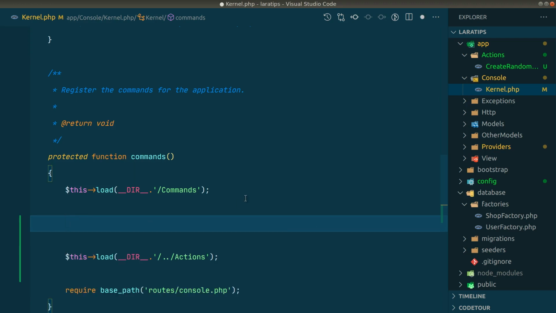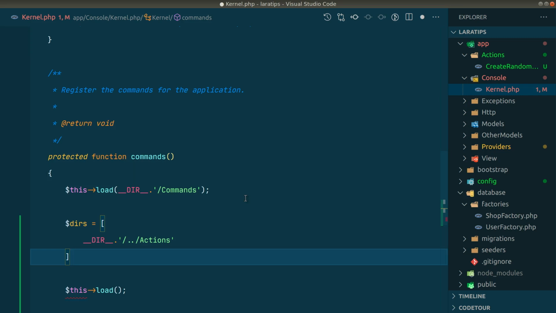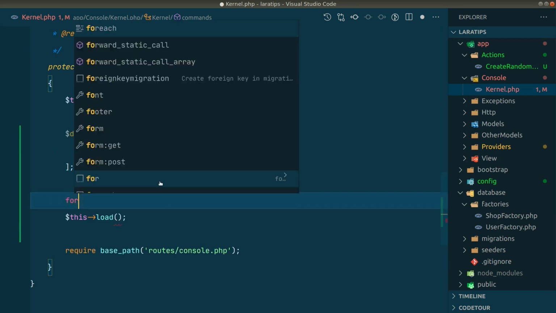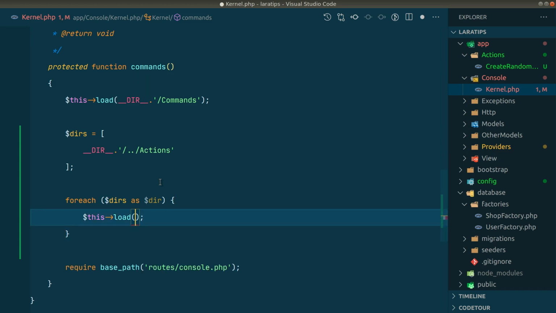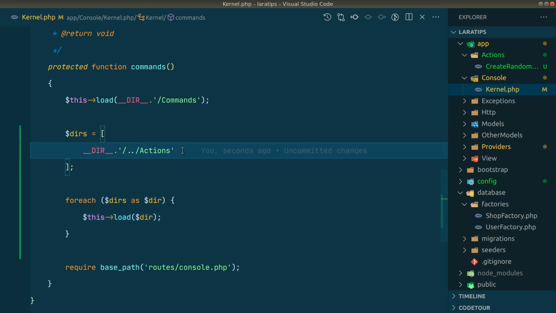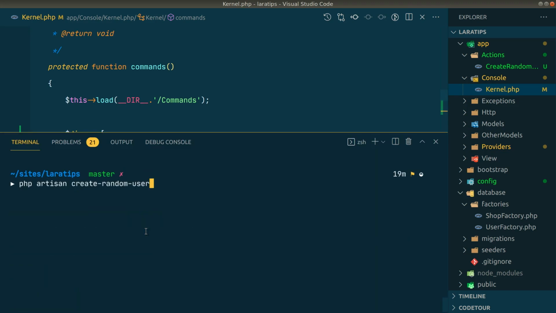Or you can make an array like this, directories, and you can just pass the path like this over here, and you can just say foreach, and this will also work. Now whenever you want to register a new path, then just write it in the array and everything will work perfectly. Now let me again show you that by running this command. Now you can see here guys that command is present over here.